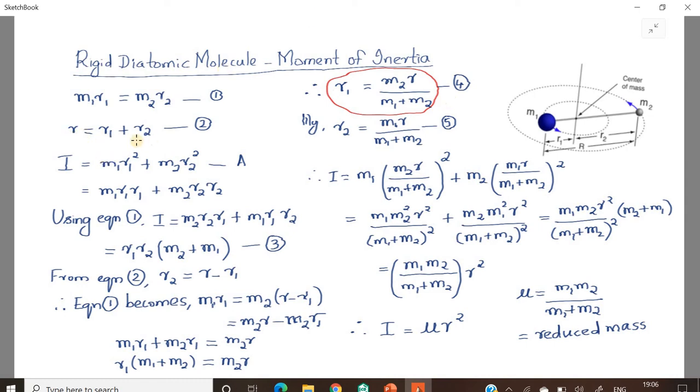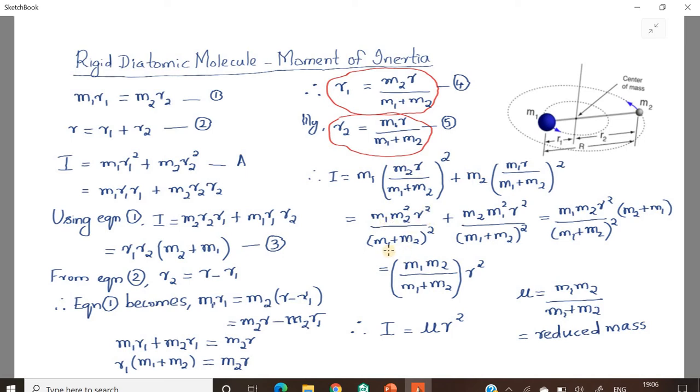Similarly, using the equation R equals R1 plus R2, or R1 equals R minus R2, we can obtain the value for R2, that is R2 equals M1R by M1 plus M2. Now, in equation A, we substitute the values of R1 and R2. That is I equals M1 into, instead of R1 square, M2R by M1 plus M2 the whole square, plus M2 into, instead of R2 square, M1R by M1 plus M2 the whole square, which is equal to